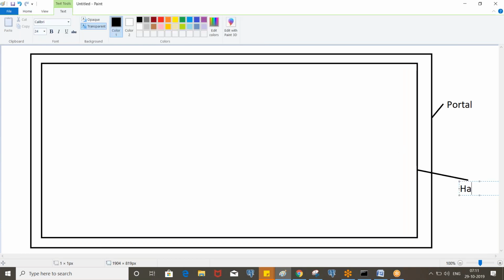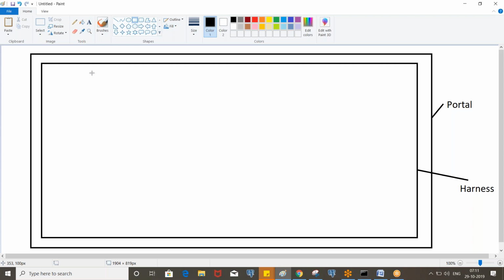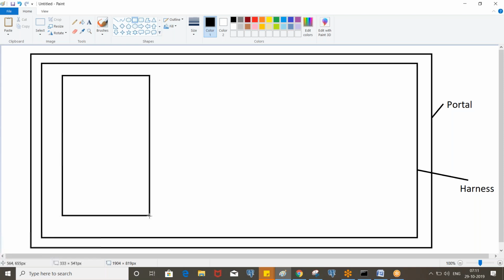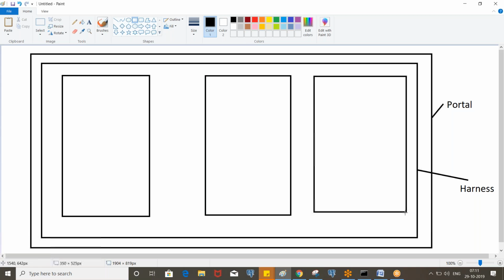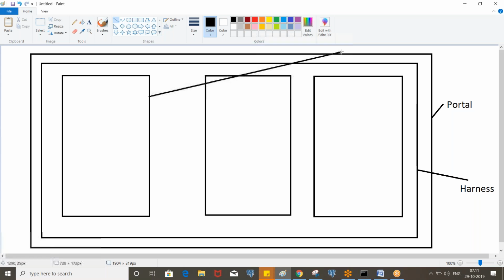The harness processes the work object forms. Inside the harness we have some sections, so we can put one or more sections. Inside the sections what we usually have are the layouts, right?